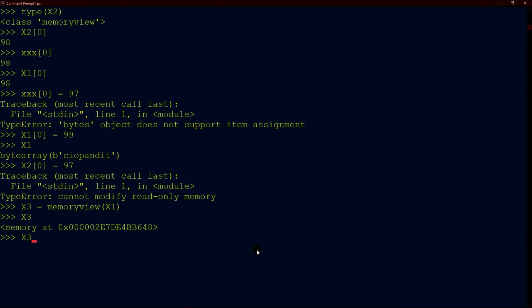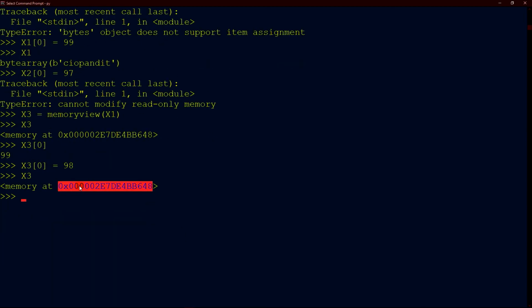And if you now change this new memoryview object, the original bytearray object will be changed. The memory location is the same, but the bytearray object will be changed. Let's see that bytearray object. Yes, it is changed now.